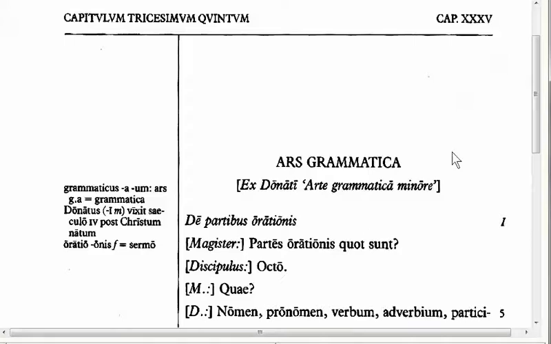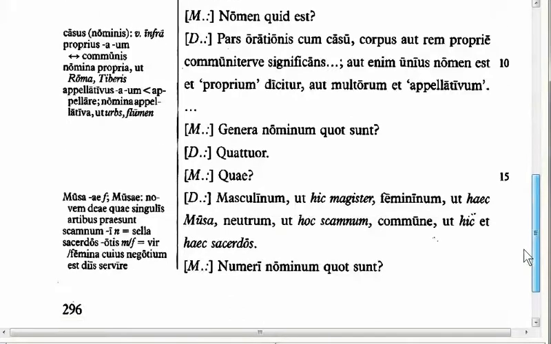And line 18, we'll start here with masculinum ut hic magister, femininum ut haec musa, neutrum ut hoc scamnum, commune ut hic et haec sacerdos. So it's asking what are the genders, how many genders are there for the nouns, and there are 4, and what are they? There's masculine, like this teacher, feminine, like this muse, neuter, like this stool, and common, like this and this priest,